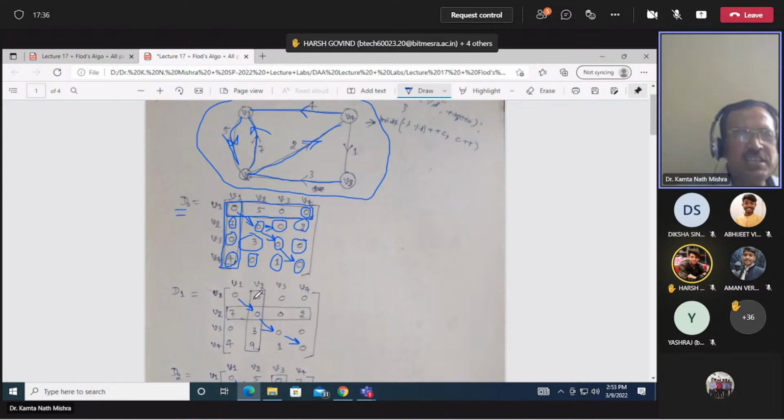Construct matrix D2 means in D1, what will you do? You will now take the second row and